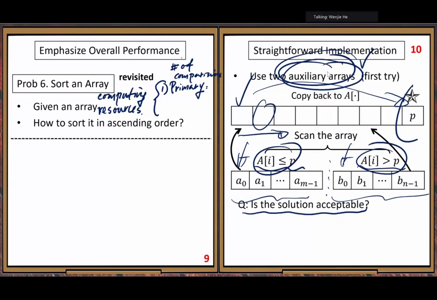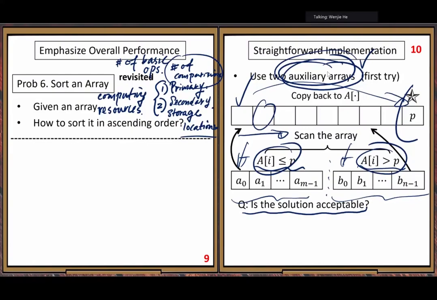Or in the general case, we can say number of basic operations. The second type of resource, secondary. That's the storage. Storage locations. So primary, secondary, we know the primary is more important than the secondary.